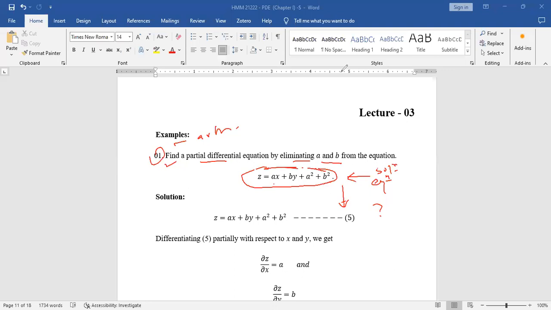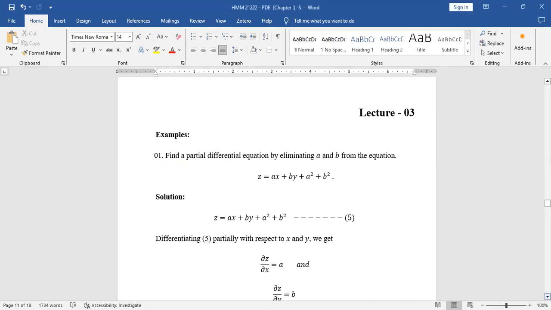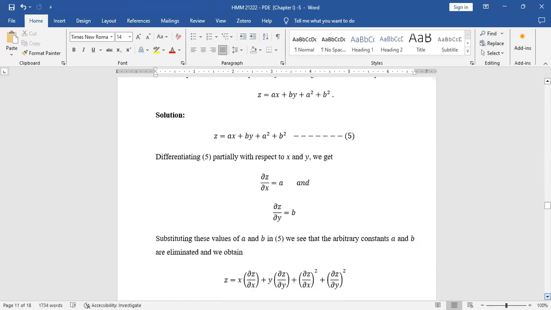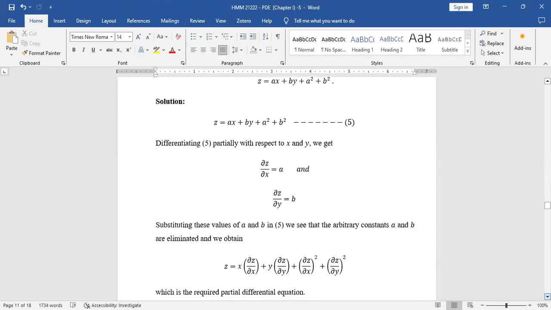Okay, let's do the steps one by one, and you also copy with me. Write nicely how you have to answer in the exam also. See, first of all, in the solution, you have to copy the equation they have given. So you can write z is equal to ax plus by plus a square b square. This is my first equation. You can put 1. Okay, this is our first equation. Then